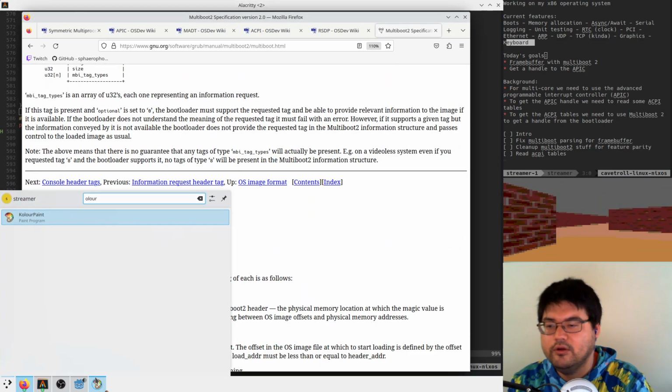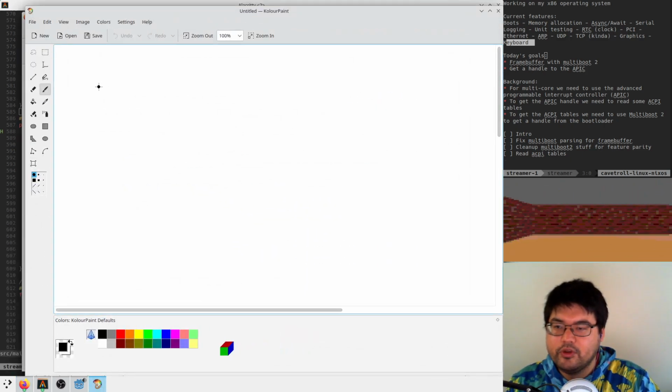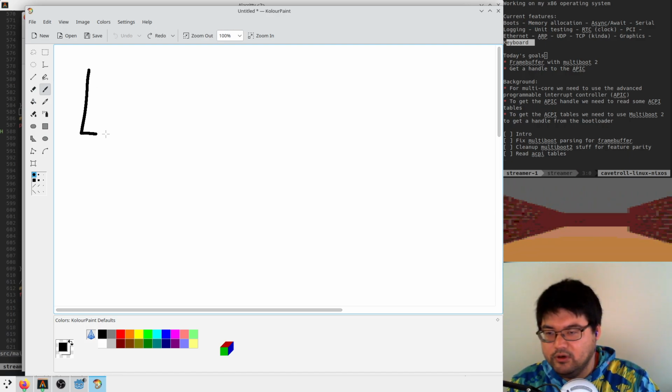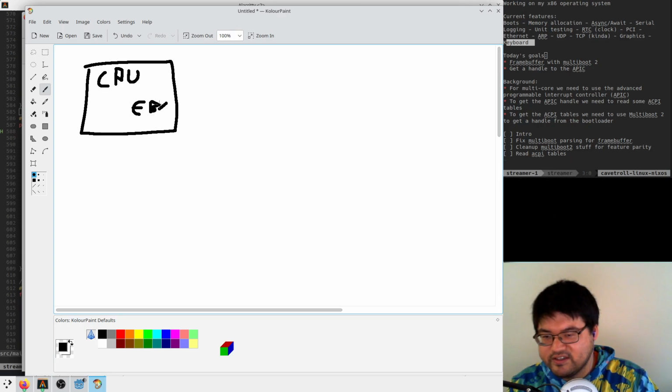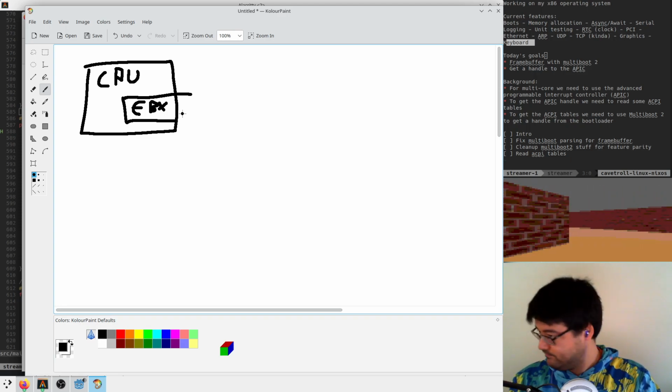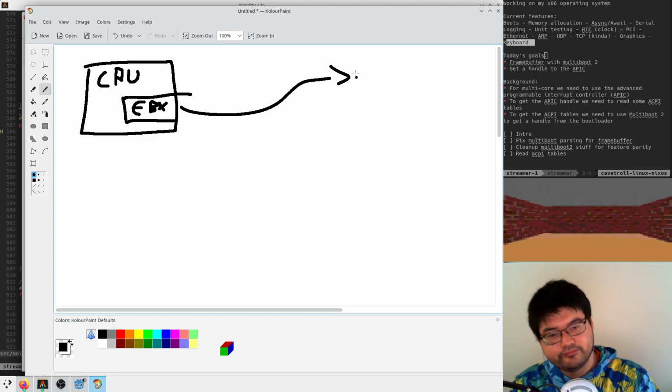Maybe we start drawing it. Right, so in your CPU, you have this register, EBX, and it's a pointer to some memory.